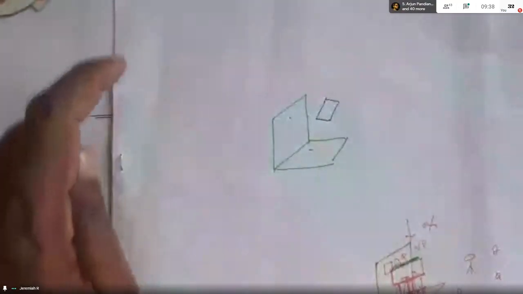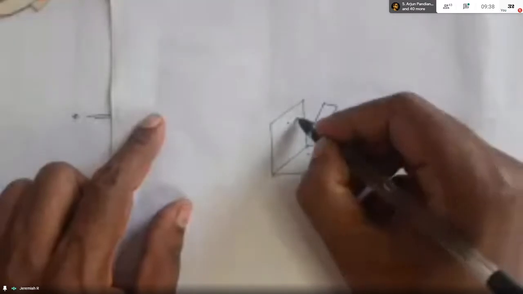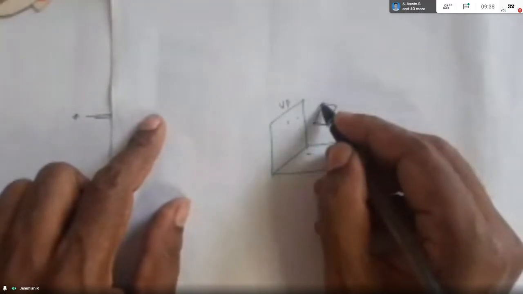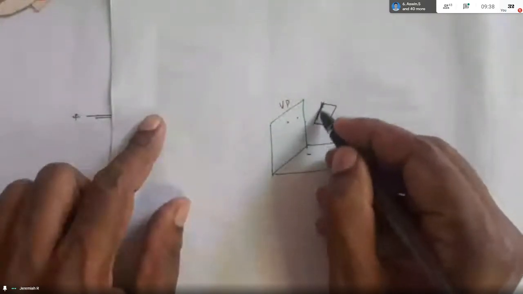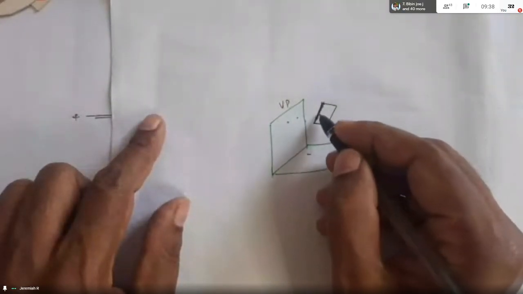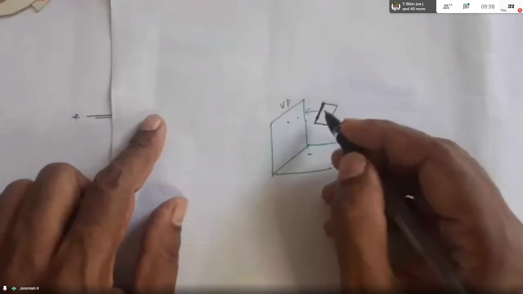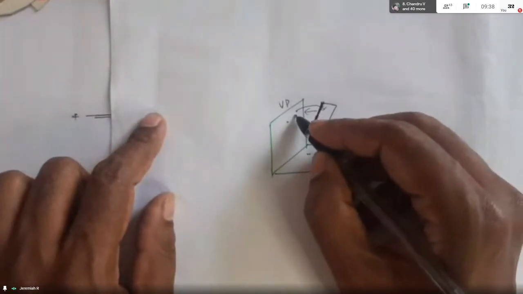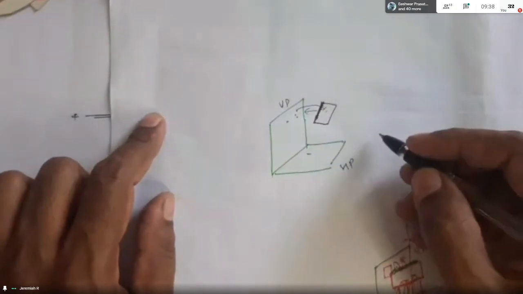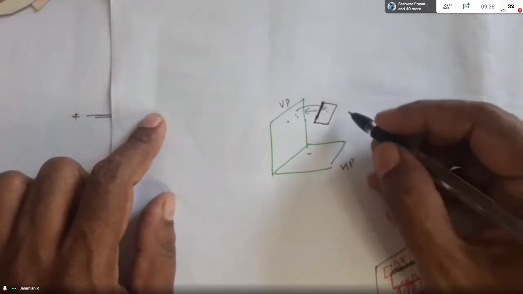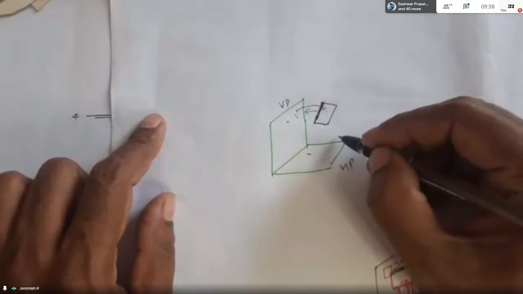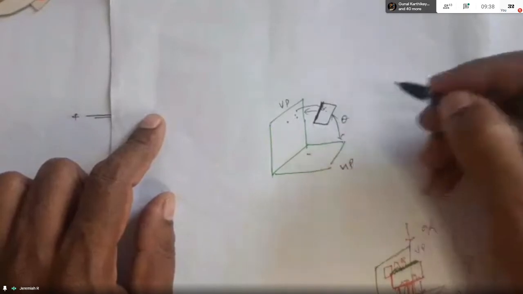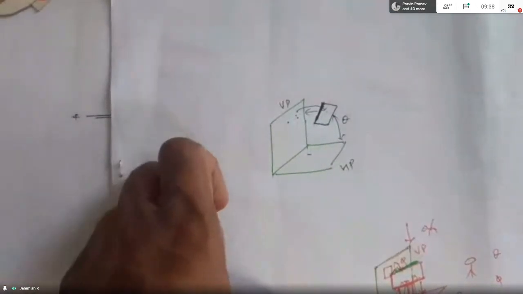Just like this. Okay. So with respect to this vertical plane, when you extend this line, it will touch here. With respect to here, this plane is perpendicular, and here it is 90 degrees. And here it is somewhat inclined. With respect to the horizontal plane, it is somewhat inclined, that is theta. So somewhat inclined with the angle of theta.